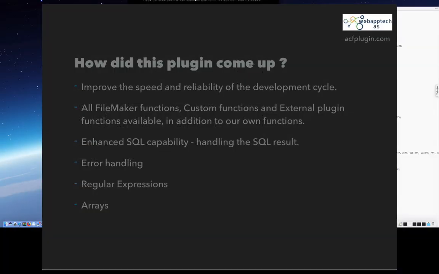How did this ACF language come up? Well, we intended to do something to improve the speed and reliability of the development cycle. We wanted to do something similar to scripts, but for functions instead. A quick search on the internet for FileMaker custom functions, you get tons of them, and many long and hard to grasp.